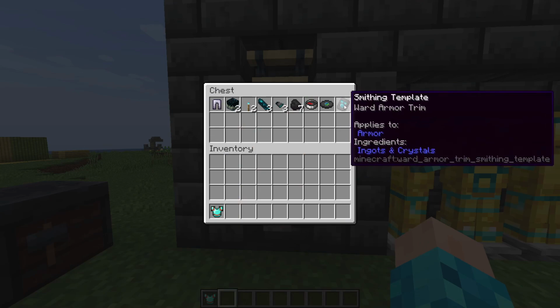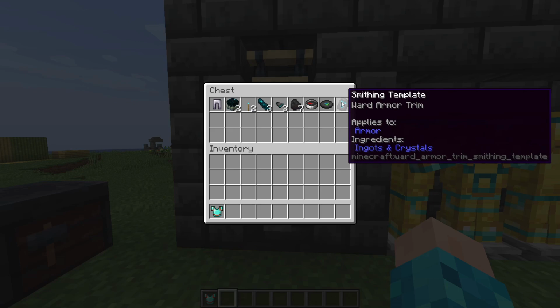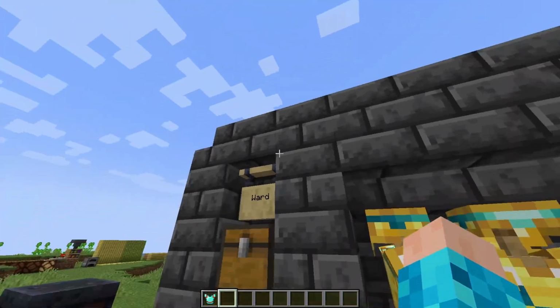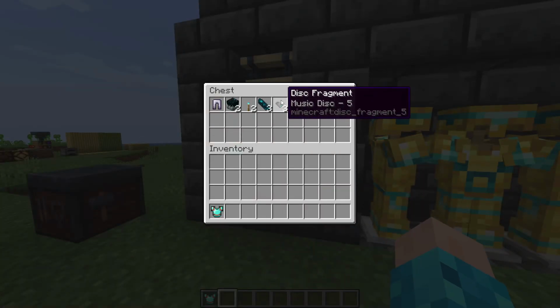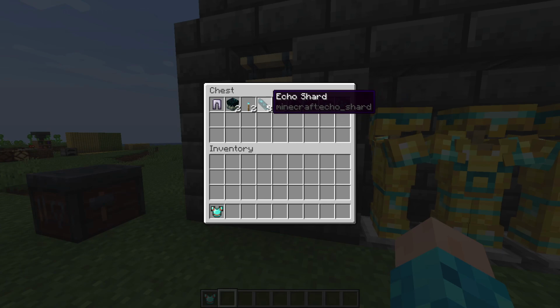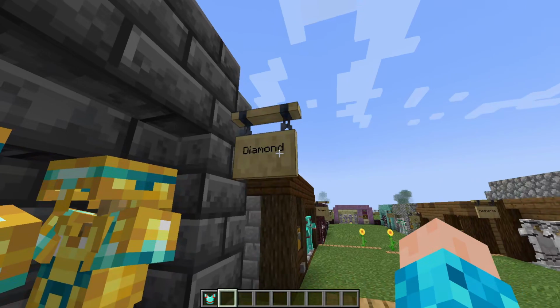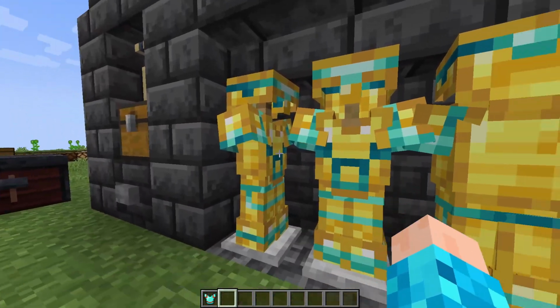Now let's go here, and this is the Ward pattern. This is also 4.8% as well. Some trims are more common compared to the other trims, but it also depends on the structure that they spawn in. Now, this pattern is found in ancient cities, as you can see. So this is like the fragment, if you guys remember, from 1.19. And the Ward armor trim